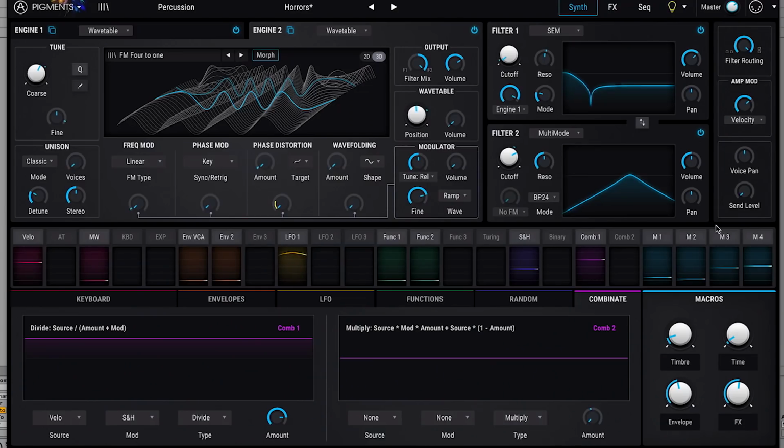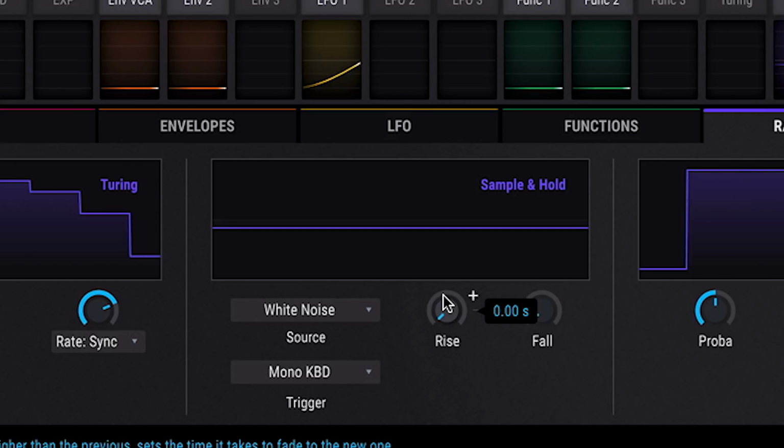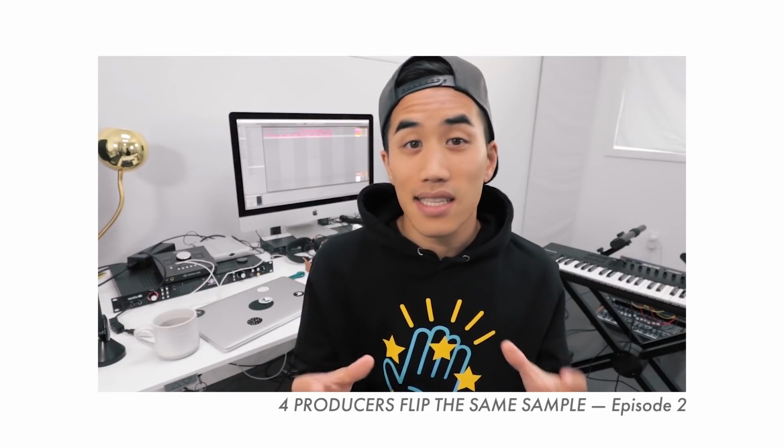So a quick explanation of sample and hold for those of you who might not know. Let's head over to the sample and hold panel. This has nothing to do with audio sampling. It's probably the more common use of the term sample in music. Take a piece of audio, do what you want with it. The four of us are gonna take the same audio sample and use it as the basis of a new